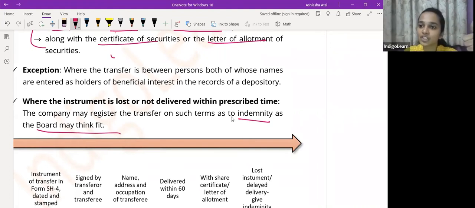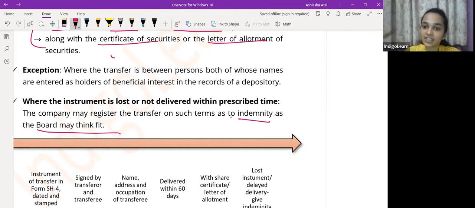60 days के बाद पहुंचेगा तो they will have the transfer deed. But if it is lost, then in that situation there wouldn't be any proof. So there are situations जहाँ पे लोग fraud करते हैं, forged document बनाते हैं. आगे will talk of forged transfer as well. So in that situation, अगर board को लगता है कि नहीं ये बंदा सही बोल रहा है and let's register